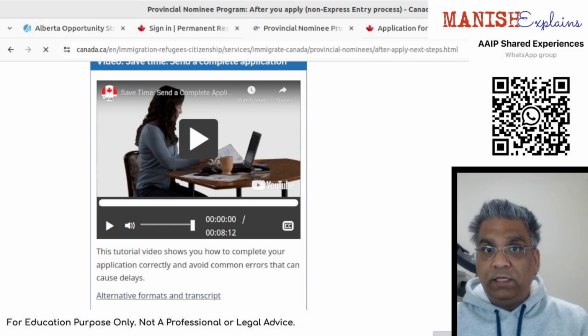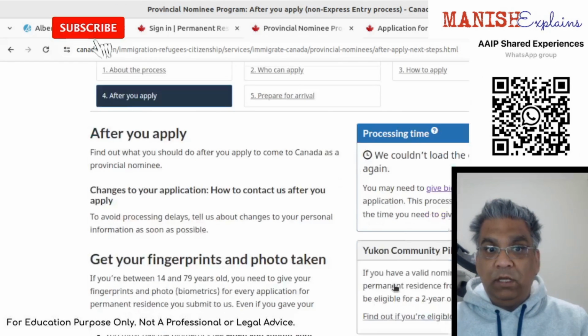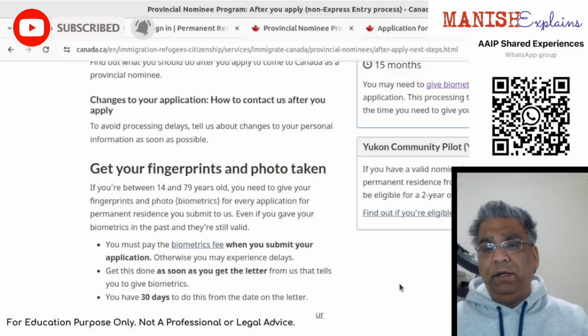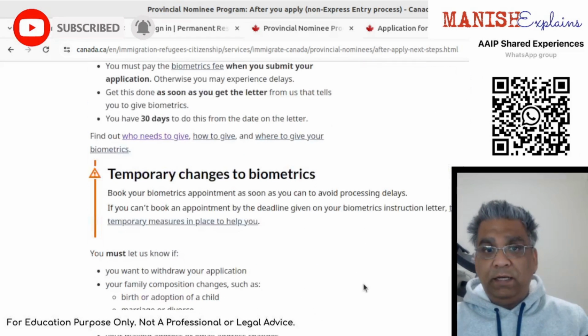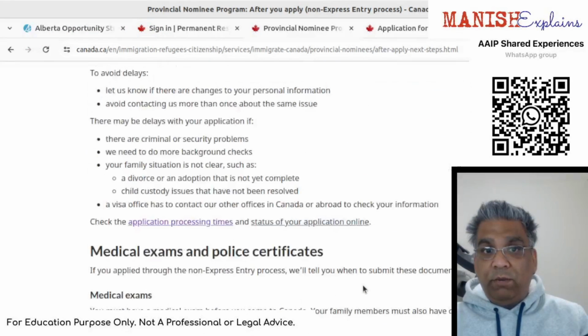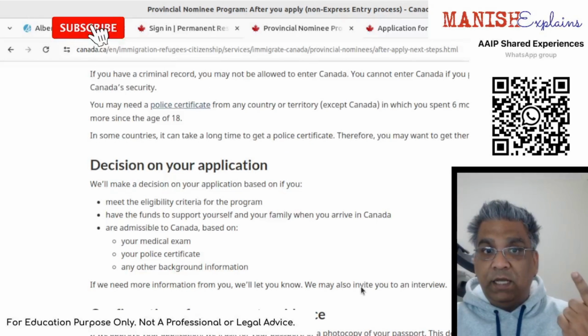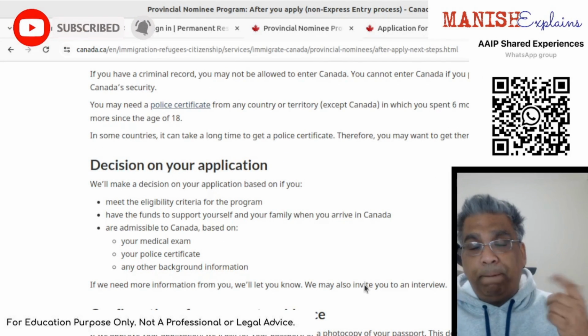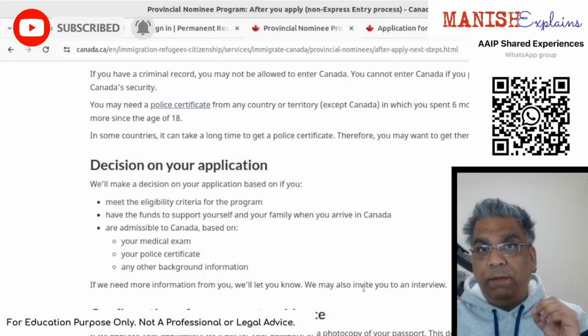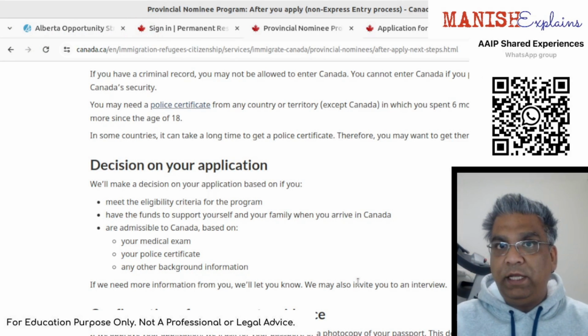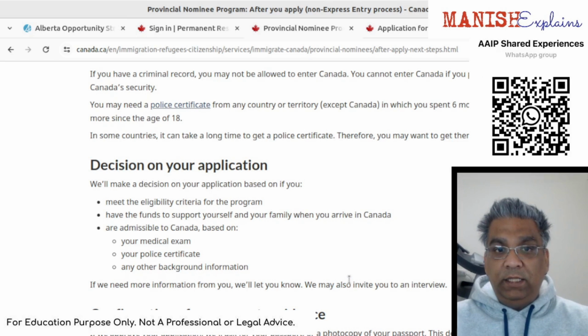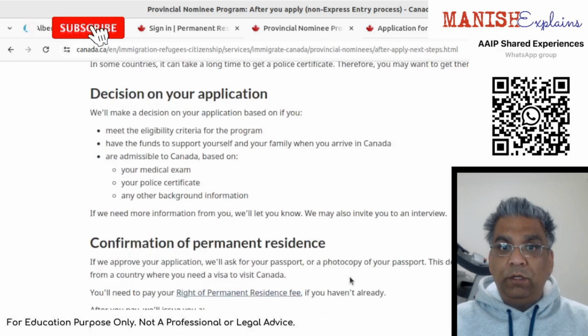Then we go next. After you apply, what happens? Your biometrics might be done, your medical might be required, and there are medical exams and police certificates. IRCC will do a background check on you based on the documentation that you submit, and then they will confirm your permanent residence.